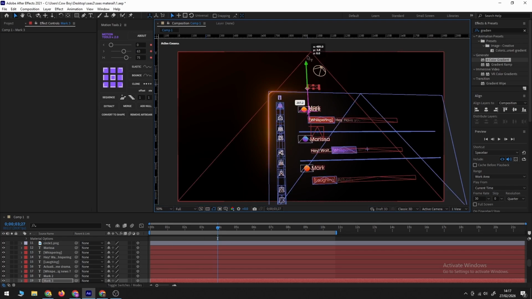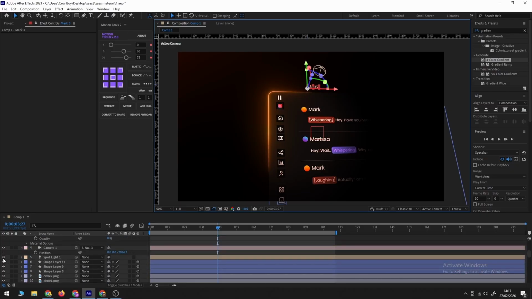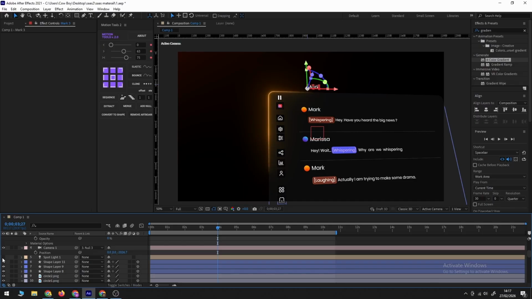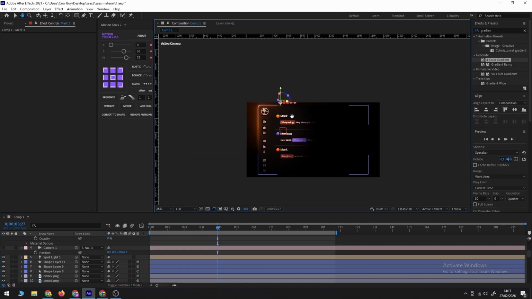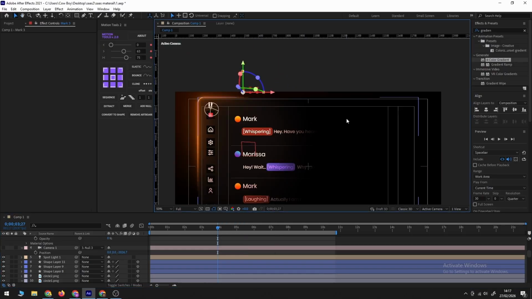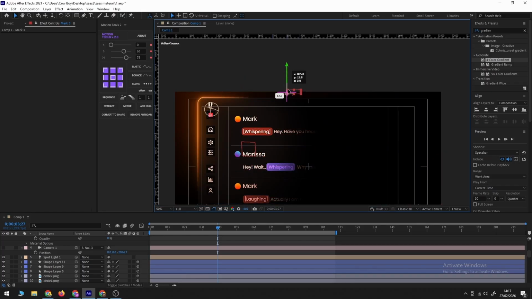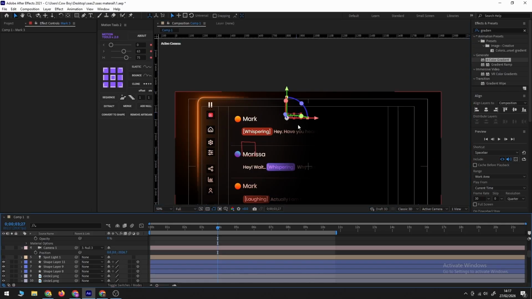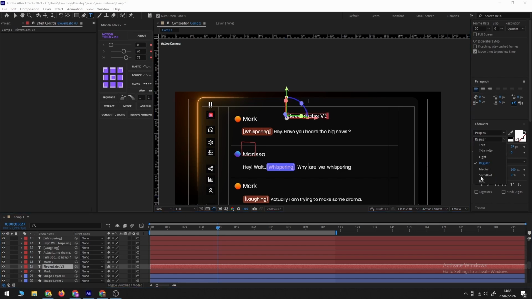Now after this, what you can do is duplicate this mark text layer and, just for now, disable the light and the camera also, so that you can see this panel right in the middle of this composition. You can turn off this title safe action so that you know where the middle section of this composition lies. So just reposition this mark over here and write 11 Labs v3 version. Okay, and now just